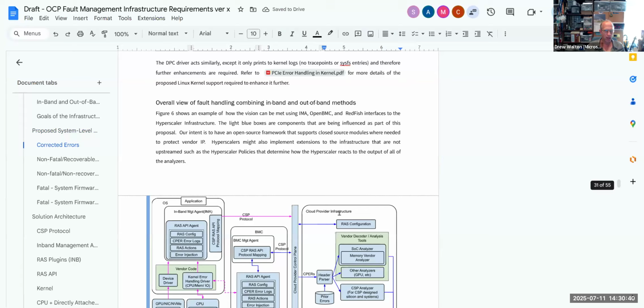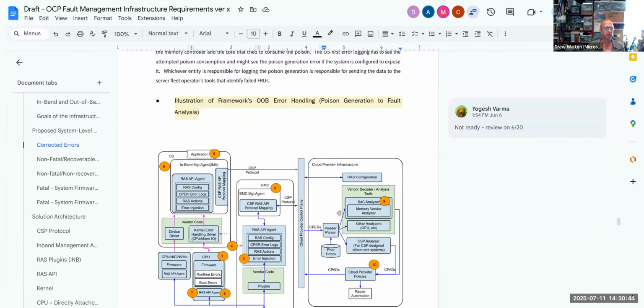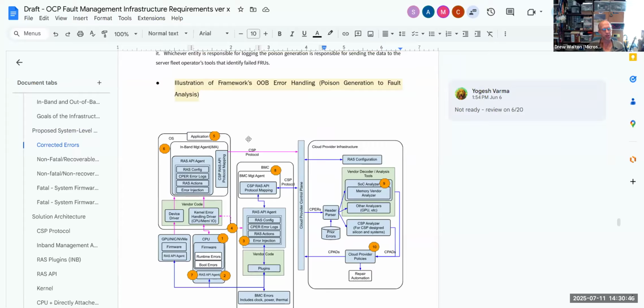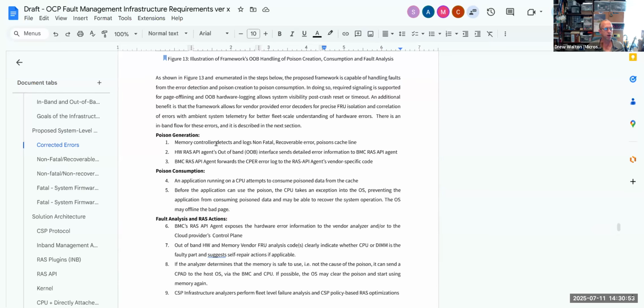So I am going now. Yogesh is going to be out for a little while, so I'll take the action item. I didn't realize that I needed to work on this, but I'll take the action item and take a pass at it. Now look, we made progress last time.